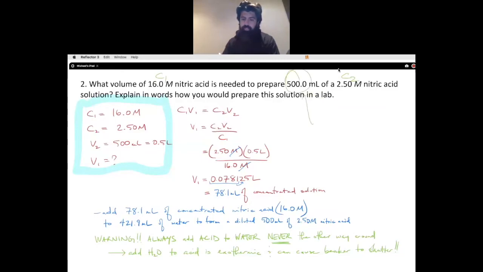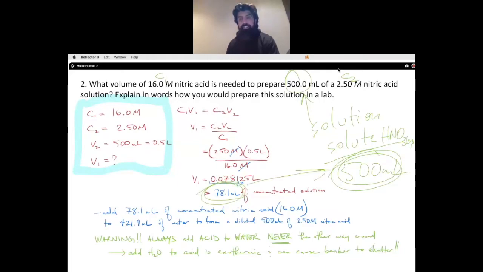My solute is the nitric acid. My entire solution has to be 500 milliliters. So of this 500 milliliters, 78.1 milliliters needs to be part of that, which means I am going to subtract 78.1 from 500 to give me